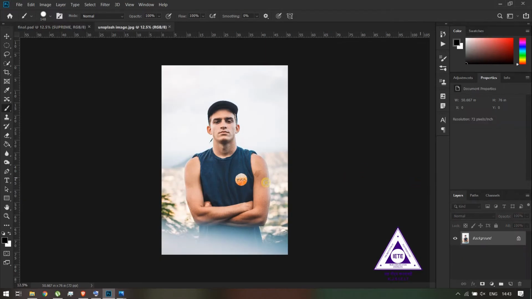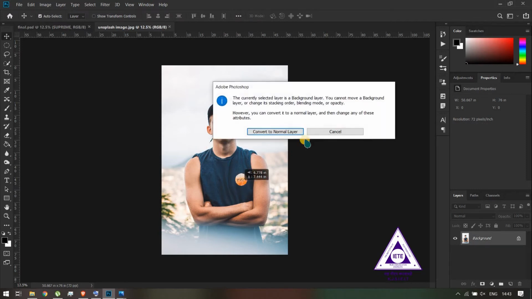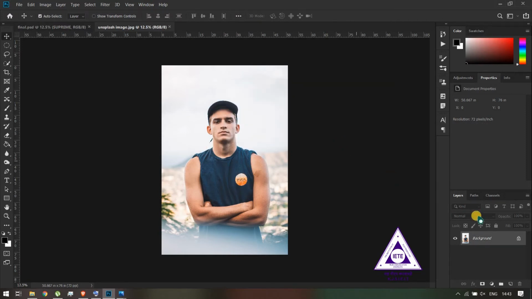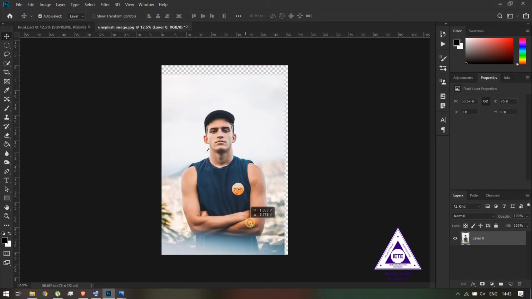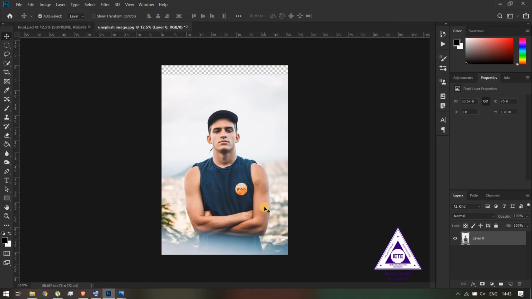Now the first thing that we need to do is remove the logo already present. To do that, we need to unlock this background layer, because as long as this layer is locked, we cannot make any changes to this image. I can't move the image or scale the image or anything of that sort. So to unlock the layer, you can just click on the lock button and it will unlock the layer. Now I can move it, scale it, do anything.